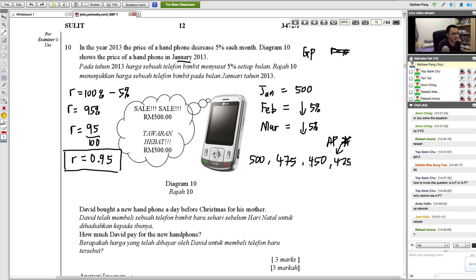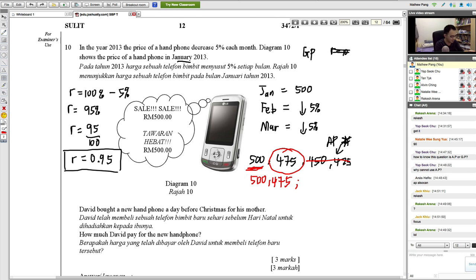Because the next month, decrease 5% is from this value. This means it's from the February value decrease 5% again. They are not using the 500, keep on using the 500 to decrease 5%. So what you can do is, this one I know is 500, this one is 475. The next one is basically using 475 and then decrease 5%. Then basically you will get